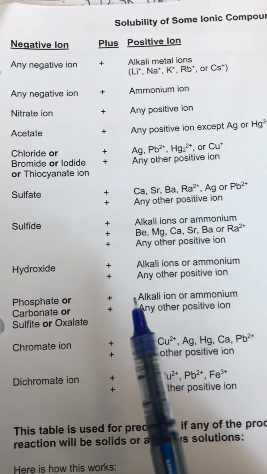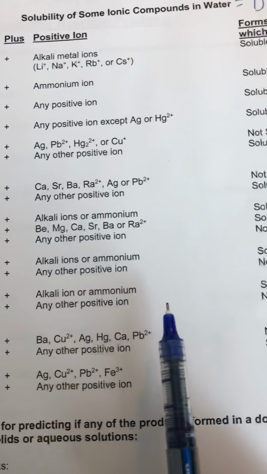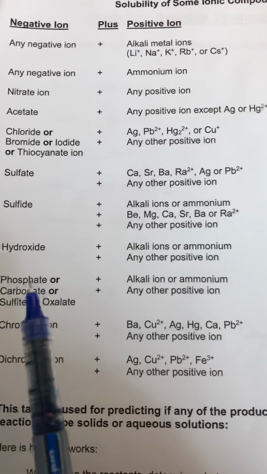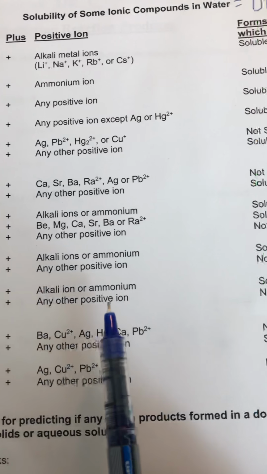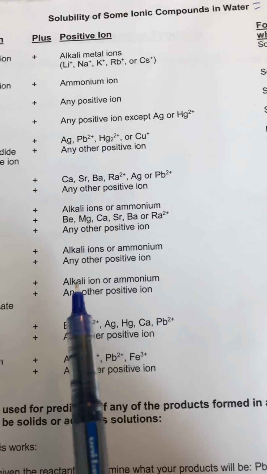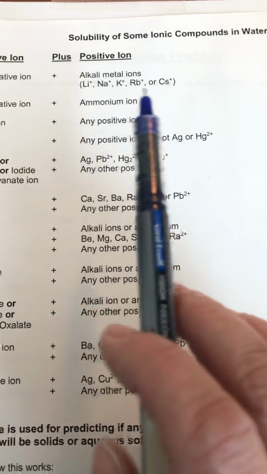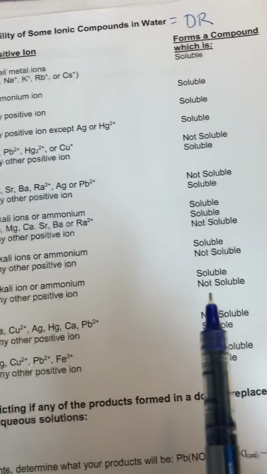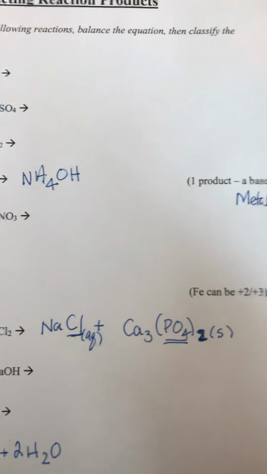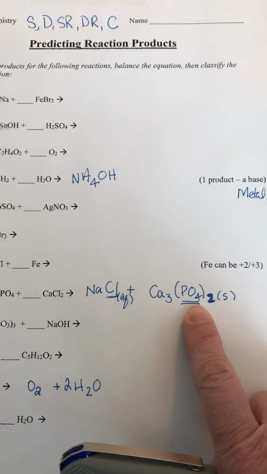Phosphate is with calcium. That's not what we have here, so we go to this one, and it says not soluble, right? So phosphate with any other positive ion is not soluble, because calcium is not an alkali ion. Remember, if we want to know our alkali ions, they're listed right there at the top for you. So it's going to say not soluble. So not soluble means we put down a solid, and this reaction goes on, and we produce a precipitate and